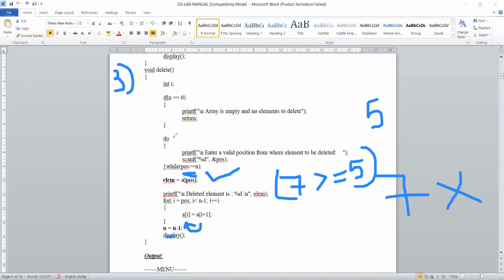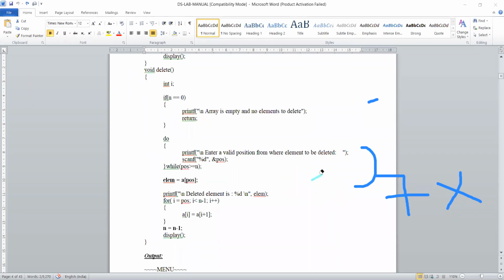First time it will enter, means first time it will ask. Okay, you change this to less than or equal to. If it is less only, it should accept. Position should be less than or equal to. Change this condition and execute it. I want all of you to run this program and see the output.